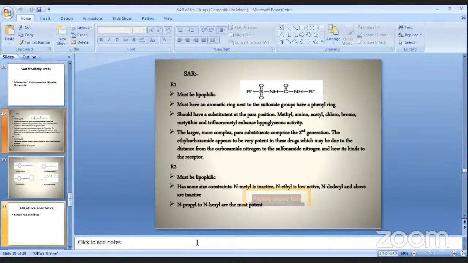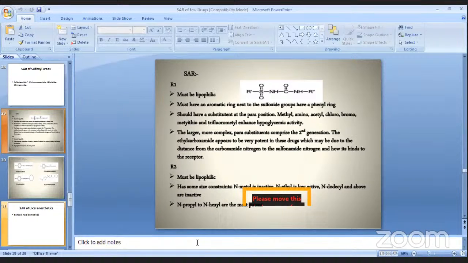If it is a larger group, as in glipizide, glibenclamide, glyburide, gliclazide, all belong to this, where the R1 position has a bulky group, that is an ethyl group attached